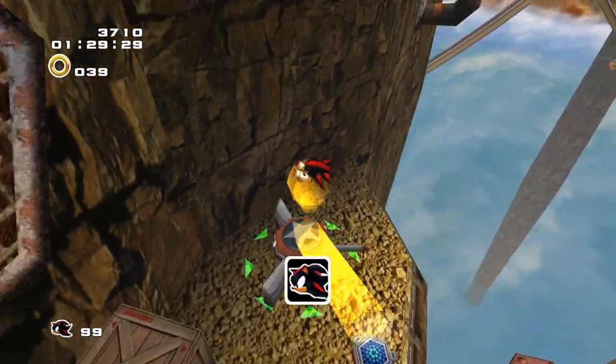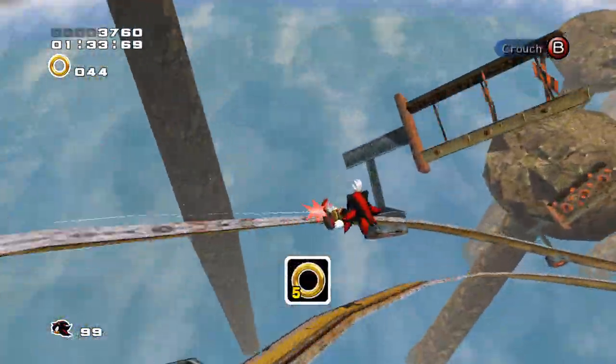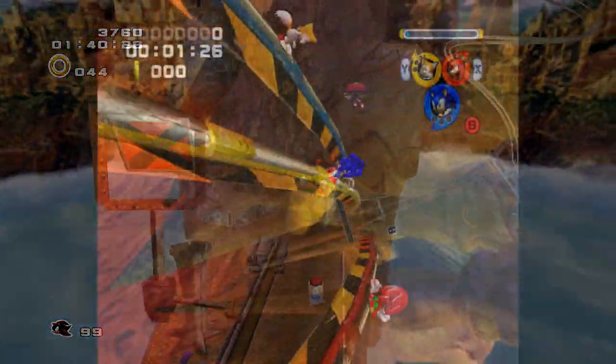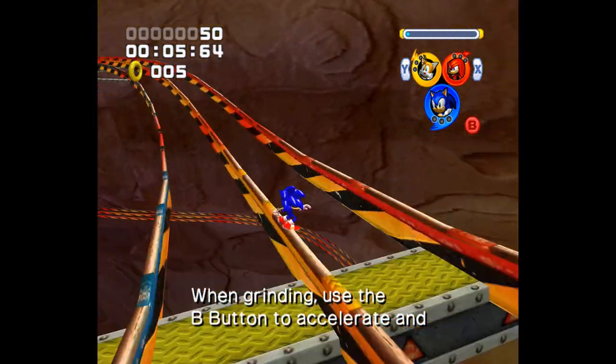Shadow's rail grinding does not require the player to balance, unlike in SA2. As such, it's more like every other version of grinding. It still has a bit of momentum associated with it though. Shadow will slow down and eventually come to a standstill, so the player can tap the B button to accelerate